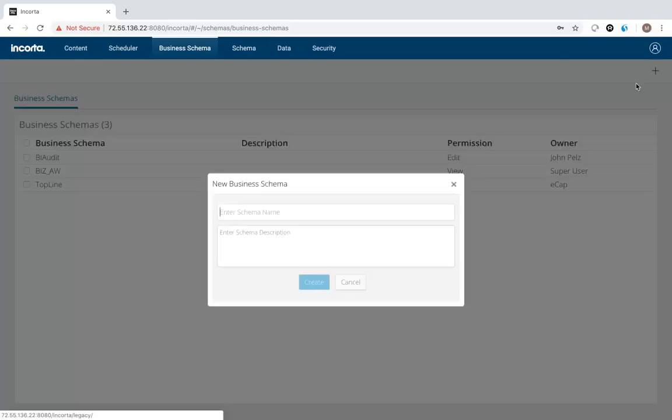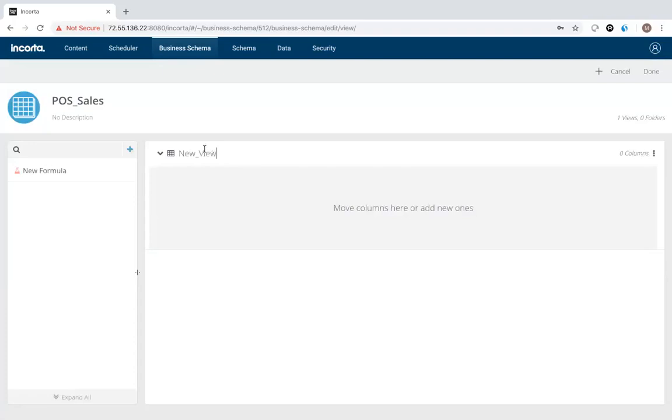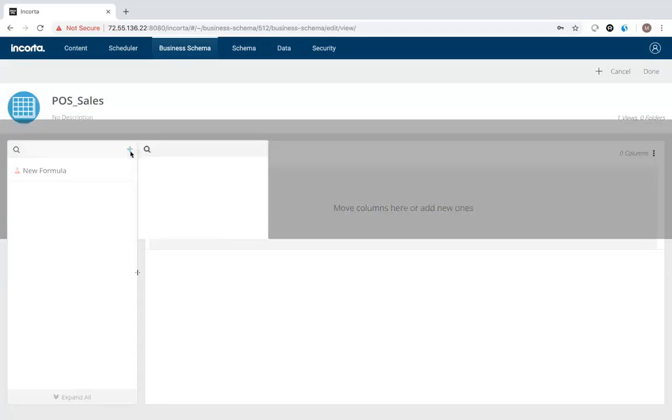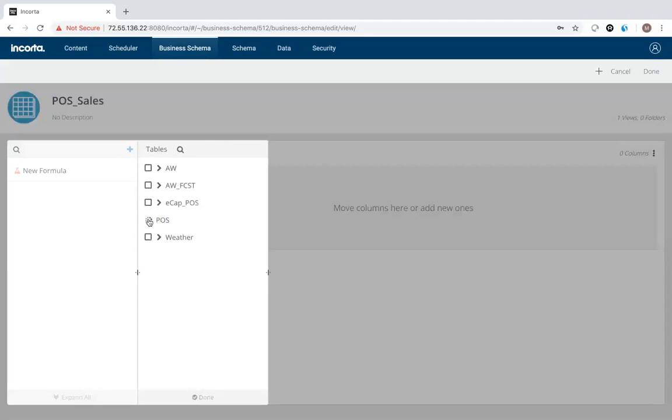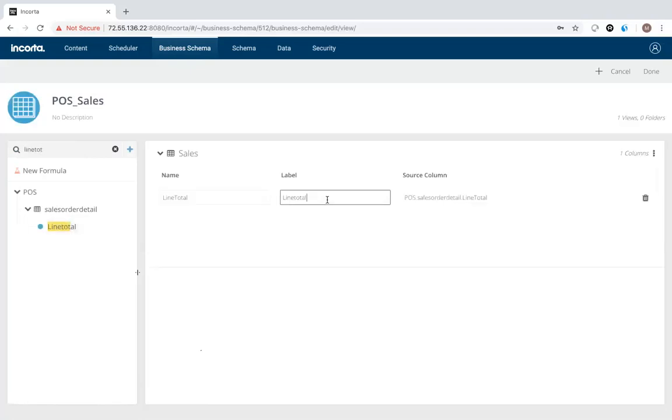Let's make it simpler. So I'm going to call this point of sale, sales analysis, and I'm just going to literally create a subject area for it. I like calling this a subject area because I'm going to do sales analysis. I know I want to do sales analysis out of this point of sale system, and I know that my line total, as an example, is my revenue. I bring that over, and instead of leaving the label revenue, I make it simple. Let the user see revenue here.